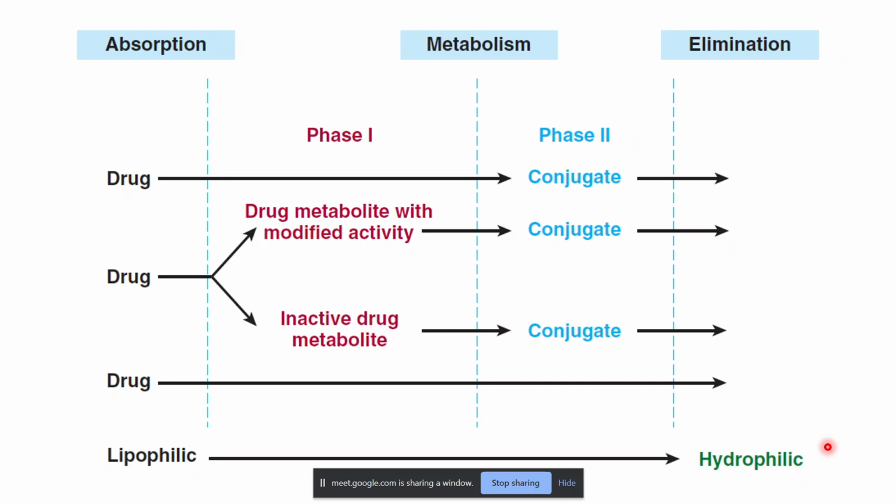Most of the time, the drugs are absorbed unmodified from the small intestine, and first they are transported to the portal system to the liver. And just after absorption, they first undergo the biotransformation, and this is called the first pass effect. The first pass effect is common for all orally administered drugs,